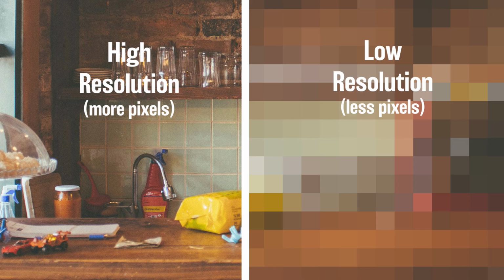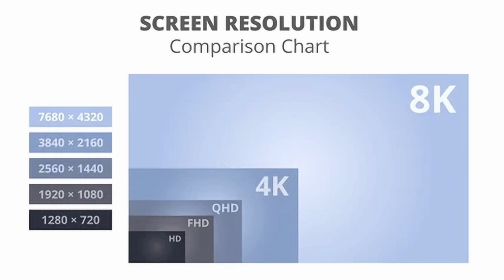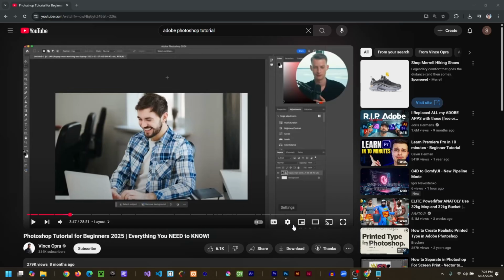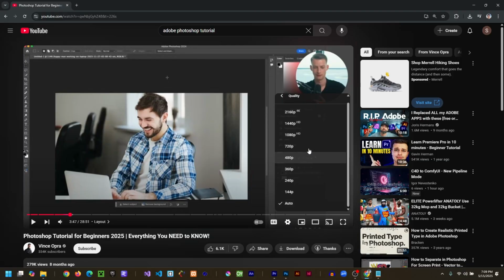You've seen this in real life, even if you weren't thinking about it at the time. You might have played Minecraft. Those chunky blocks, those were put there on purpose. They're intentional, low-resolution gameplay. TV screens, when you're shopping for one, how do you know whether you want to buy a 1080p or a 4K? That's how many pixels the TV can possibly show. Or phone cameras, whether you get a 12 megapixel or a 48 megapixel literally determines the amount of pixels that can be taken at one point in time. Or on YouTube, when you're trying to stream videos at 720p or 1080p, this has to do with how many pixels are being sent to you at one time from YouTube servers.